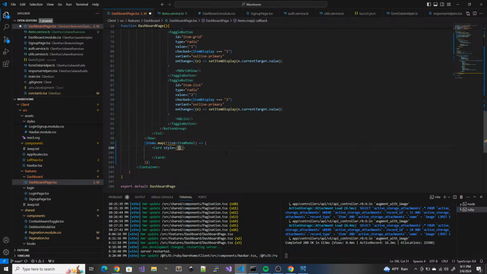Style equals width. We'll just do that for now, then implement the logic to switch between list and grid view after. Okay, so